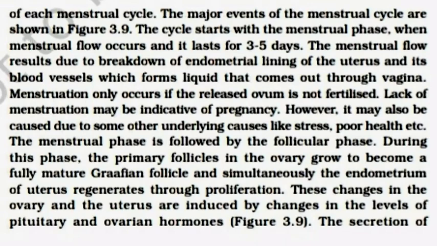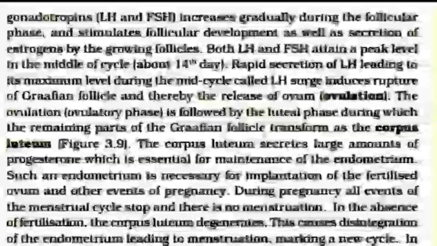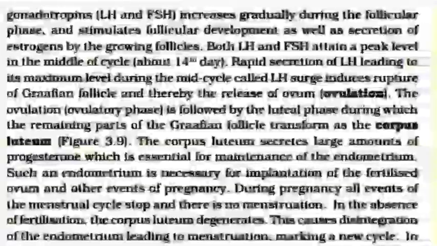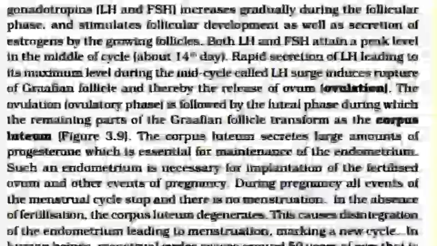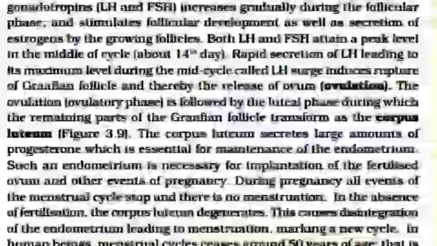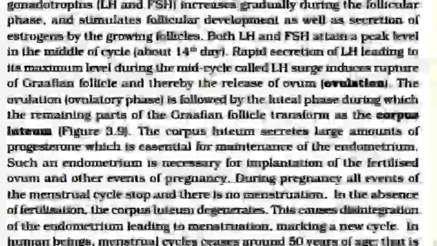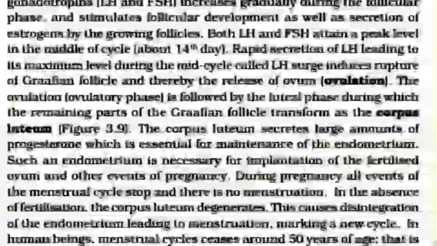These changes in the ovary and the uterus are induced by changes in the level of pituitary and ovarian hormones. The secretion of gonadotropins, LH and FSH, increases gradually during the follicular phase and stimulates follicular development as well as secretion of estrogen